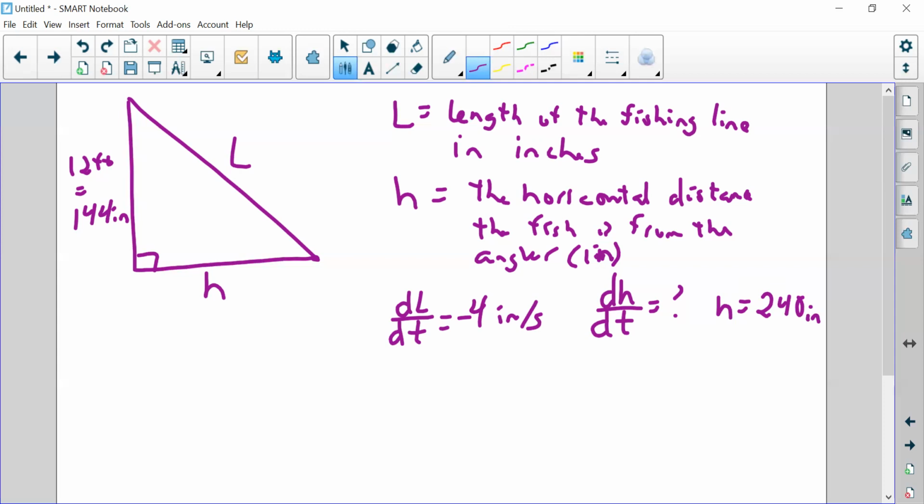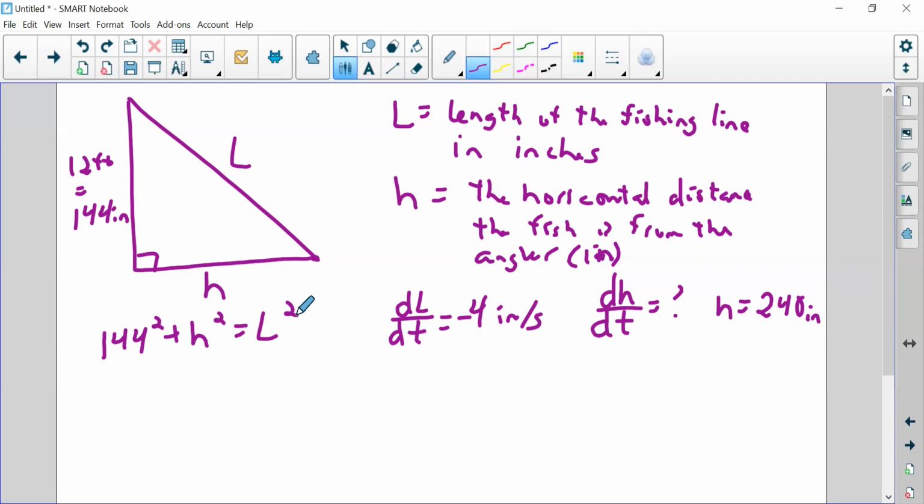240 inches. Okay. All righty. So now everything's in inches. So I need an equation that's going to relate L and H, the Pythagorean theorem. So we got 144 squared plus H squared equals L squared. Okay. Well, since we're trying to directly relate H and L,